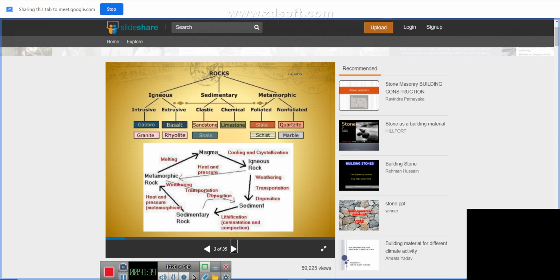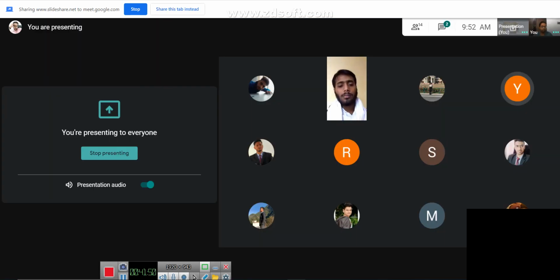What happens in sedimentary rock is, once an igneous rock is formed, the igneous rock will be subjected to weathering. Weathering means, do you know what is weathering? A rock is formed as such. Now this rock will be subjected to different changes in its character. If you have a rock located somewhere, different forces will be acting on this rock.